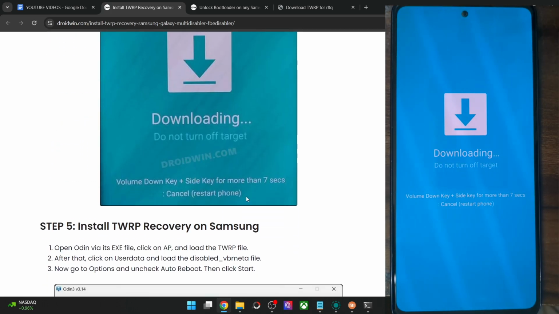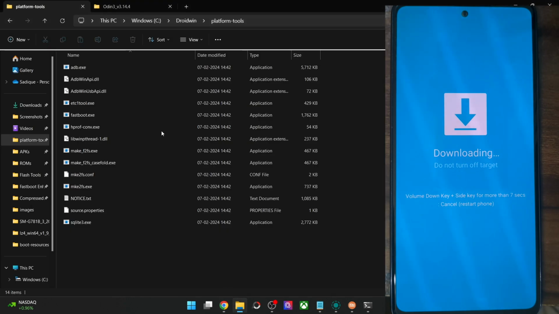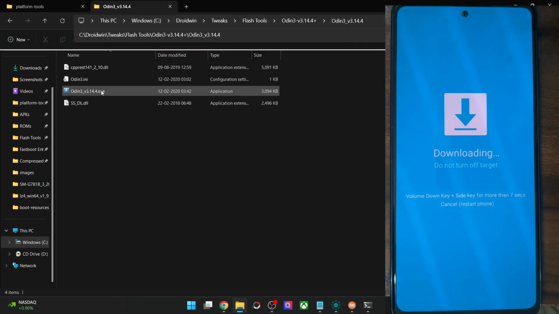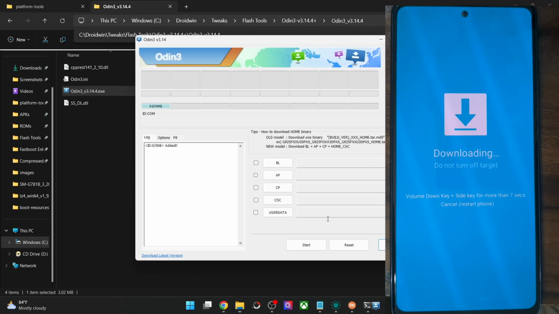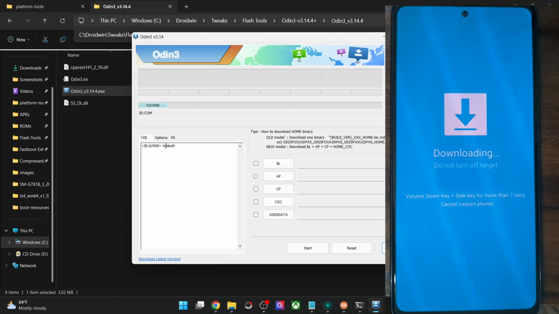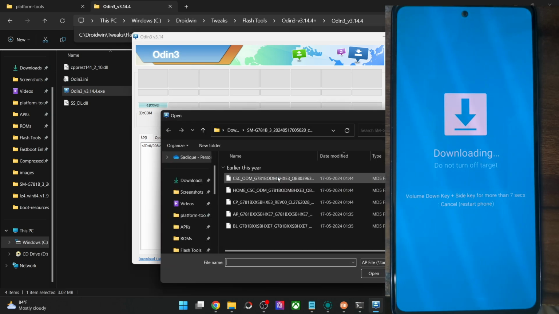process. So for that, first and foremost, you will have to launch the Odin tool. So do so via the exe file. You will get a warning, click on OK. And now make sure that you are getting the added message in the log. Likewise, your phone should be shown under the COM port. If that's well and good, so now go to the AP section, and from AP you have to load the